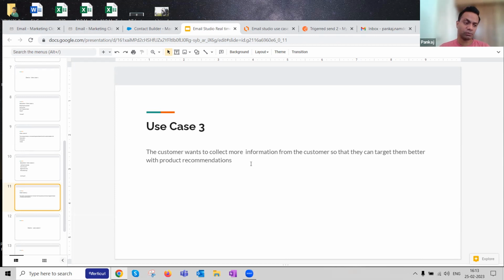Any thoughts? It can be very logical. I'm not expecting you to revert in terms of expertise of Email Studio, but the idea is to ignite a conversation to say, okay, how do I get more information from the customer, in the context of what we are having. There is no right or wrong answer. So please be upfront and vocal on the chatter, right? Please get involved more so that we can also see if there is anything.